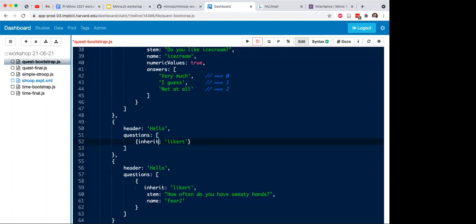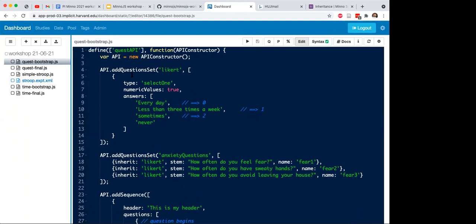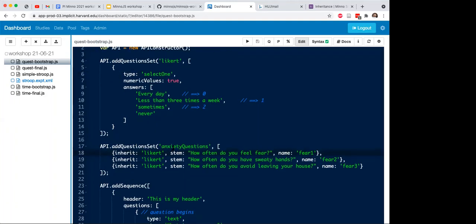And then instead of inheriting directly, which just randomly picks out of the set, which sometimes is useful when you have more than one item, but most often we use it to just pick a single object, right? There's only a single object in this set. So if you randomly pick an object, it's always the same one. If we randomly pick from anxiety questions, we just randomly pick one of them. And that's not always what we want to do, because